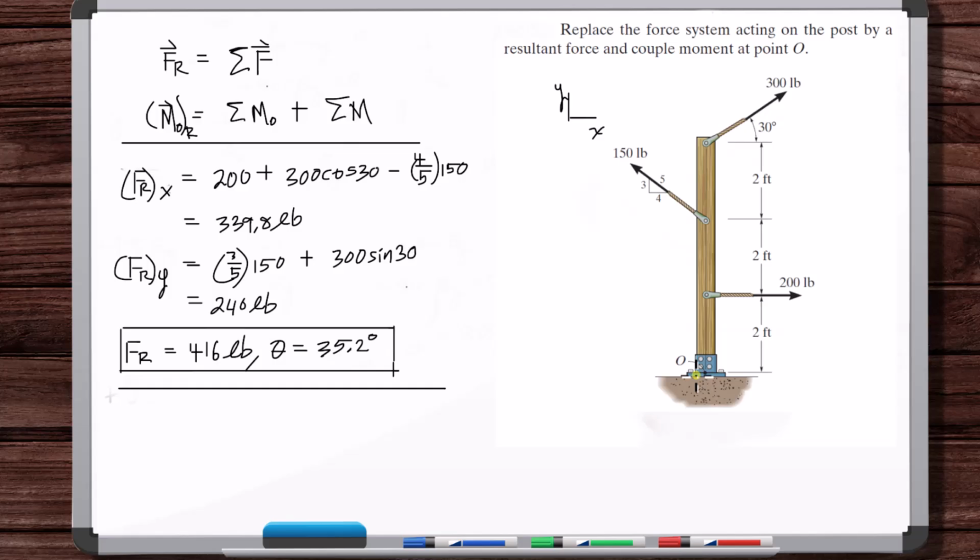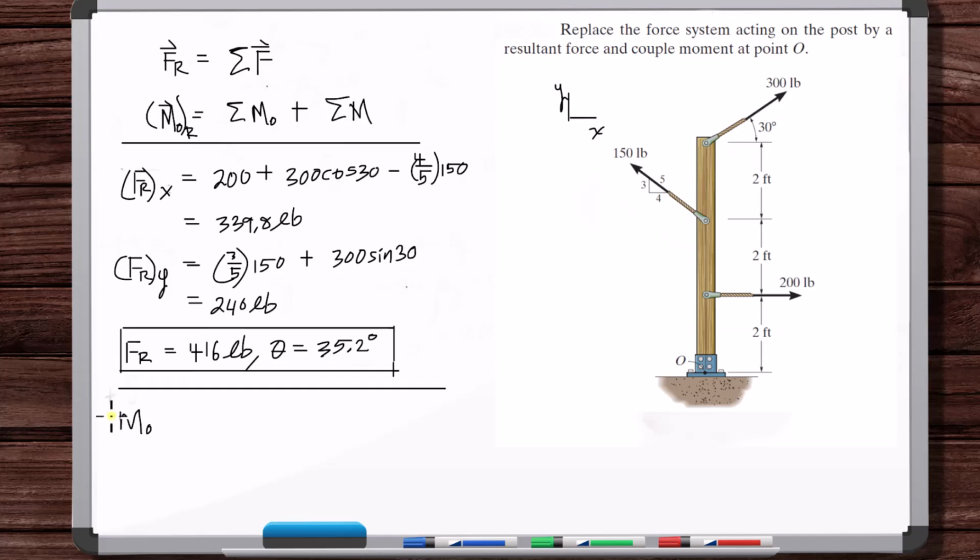That's why they call it a scalar analysis, because the moments of these forces are going to be positive or negative, since the moment is about the axis coming into or out of the page. So, coming into or out of the page, this here is just this force times this distance. This force here, the Y component, has no moment about point O. Same here. So to sum the moments, we'll say,